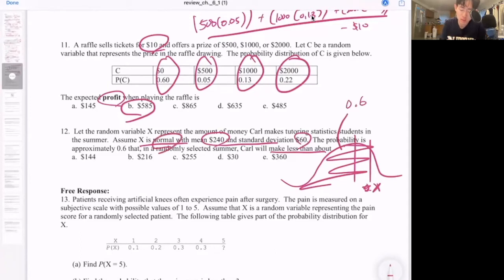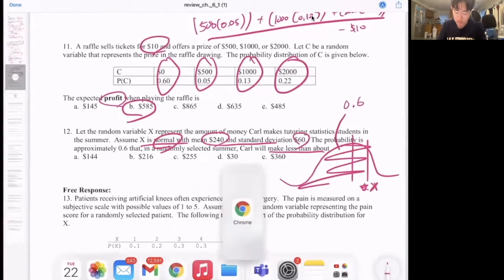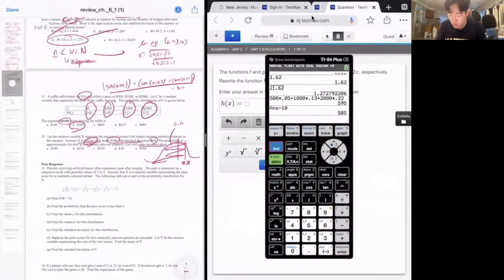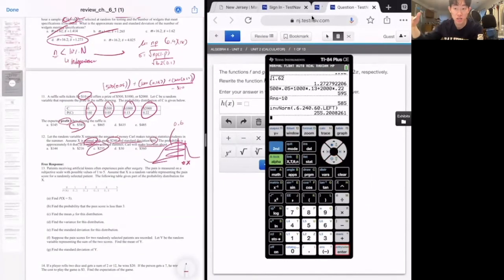Assuming x is normal means I can just do normalPDF, normalCDF, or inverse norm for that matter, yes? So let's bring out the calculator. Let's do 2nd, vars, and then I believe we're doing inverse norm. Area is 0.6. Mean is 240 with a standard deviation of 60. And for me, the tail is always going to be from the left-hand side because it's making less than about, so we're starting from the left until that value. So we're expected to make about 255 or less, and that should constitute about 60% of the entire data here. And 12 is indeed C for that matter.